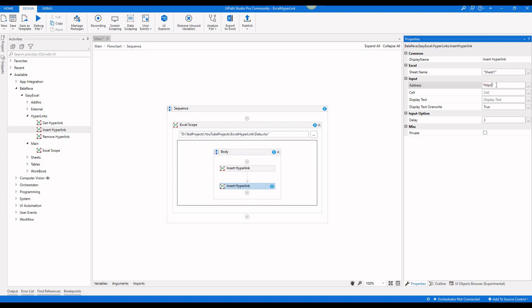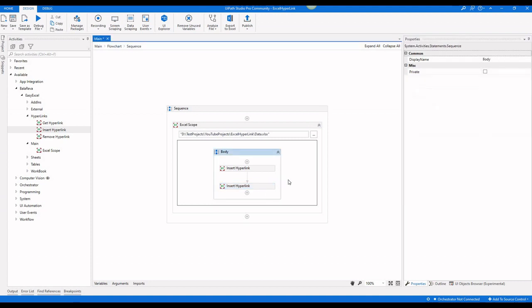Again, I'm going to give https://www.uipath.com, and the cell address is B3, and the display text is UiPath.